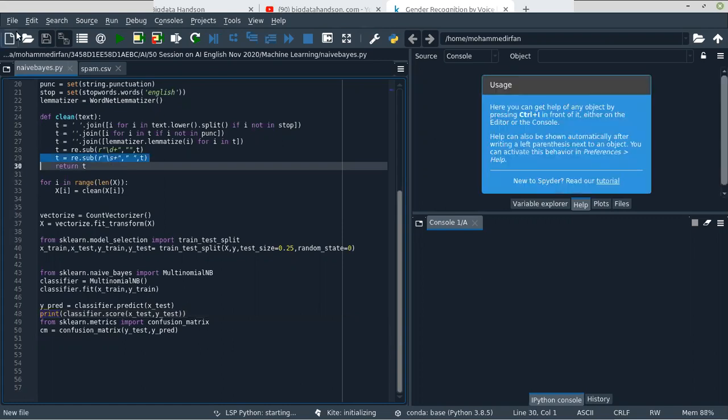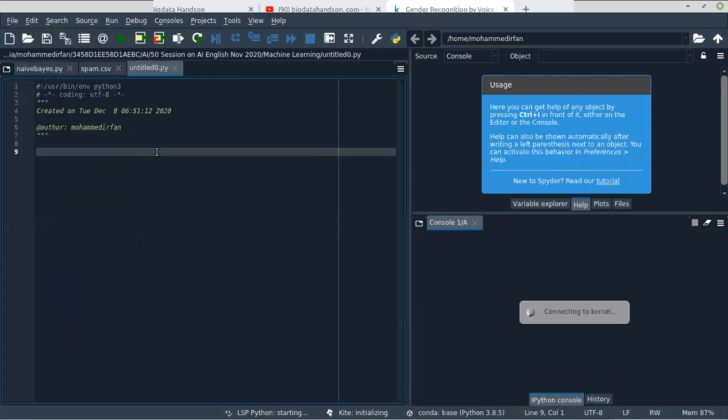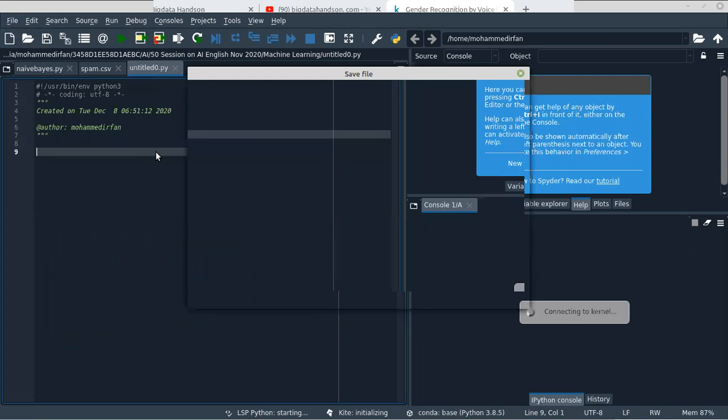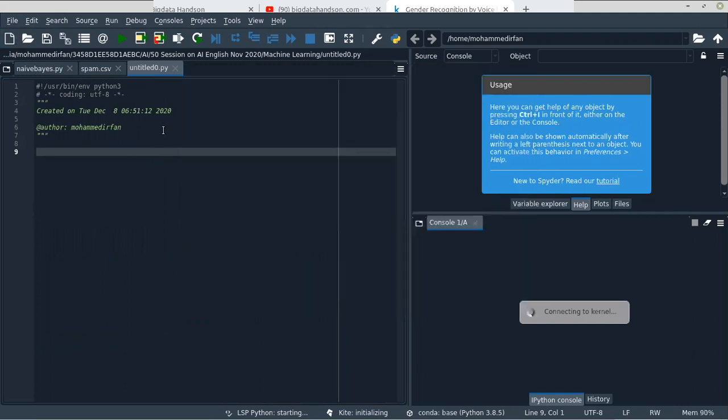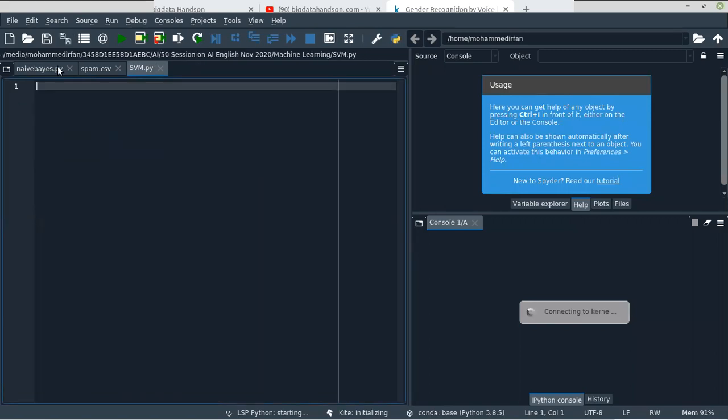Now we'll create a new file and save this file. Let's name it SVM. First we'll import the libraries pandas and numpy.